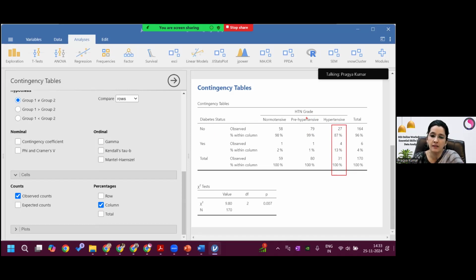Similarly, I'll take the pre-hypertensive category. I'll first explain the hypertensive, then I'll talk about pre-hypertensive. I'll say that 1% of the pre-hypertensives were diabetic, whereas 99% were non-diabetic. Similarly, for normotensive, I'll say that 2% of the normotensives were diabetic and the rest, 98%, were non-diabetic. So it depends on what percentage you want to tell, the association, and then again you have